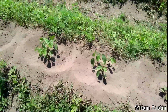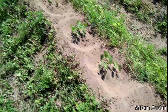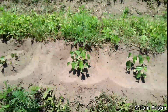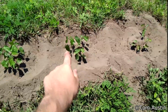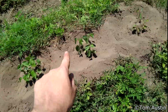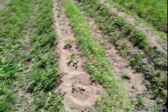Of note on the fertilization, I believe these 2 plants right here got a double dose of fertilizer, a little bit more fertilizer than they should have. I'll go back and I'll check the tapes on that episode and see if that is in fact correct. But I believe they got over-fertilized, and if they did, that would be telling, because these 2 are by far the best looking spaces. There's a couple of other decent looking ones up here, but these are just leaps and bounds ahead of everything. And the fact that all 4 of these and all 3 of these, and I don't remember whether or not that had a mortality or if that was just a failure to germinate, but the fact that all of these plants look exceptional in one space seems to tell me it's a microclimatic thing, micro habitat thing, micro soil conditions, etc., some sort of micro environmental factor that has resulted in their exceptional growth,